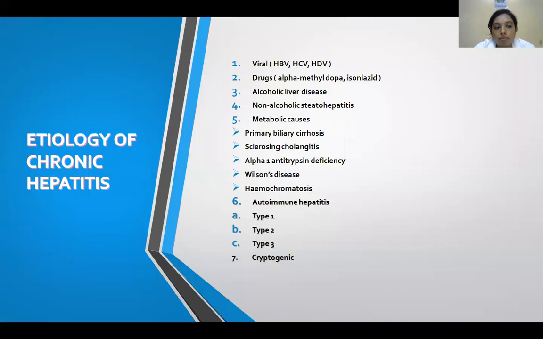Okay, so this is the brief description of chronic hepatitis. As I told you, today I'll be discussing chronic viral hepatitis. The first one I'll be discussing is chronic hepatitis B. This is an important topic for you, theoretically, practically in the viva, as well as clinically in your future. Okay, this follows us like a leech. So just remember the important points. Okay,